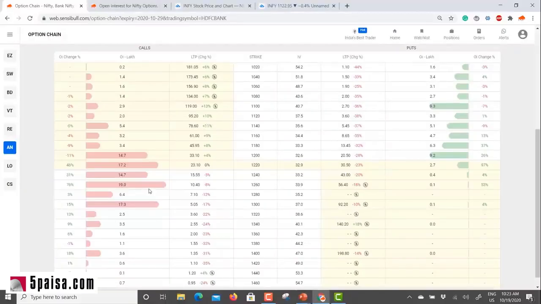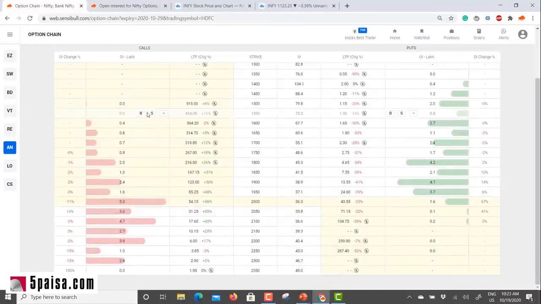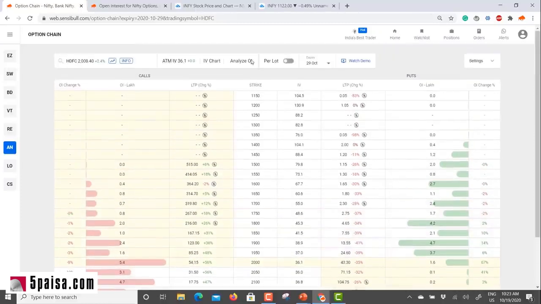Now let's look at HDFC. So HDFC again has a lot of calls here, some puts here. So it's like an even Steven kind of an option chain. Now let's look at an